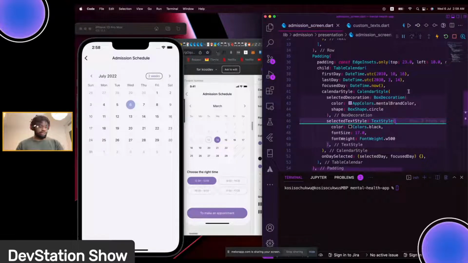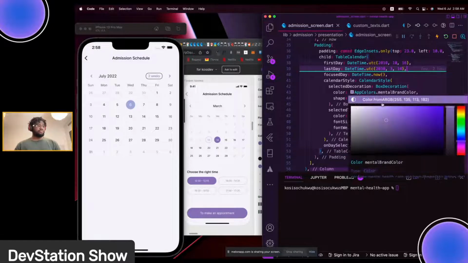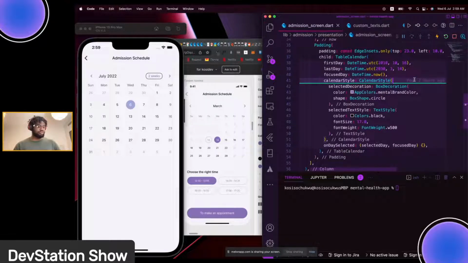So here is our design where we stopped yesterday, and here's the code we had yesterday. Let's go over and start implementing the custom design we have. Basically converting this to this, because this is the final result we are looking towards. For that, we're going to start first with